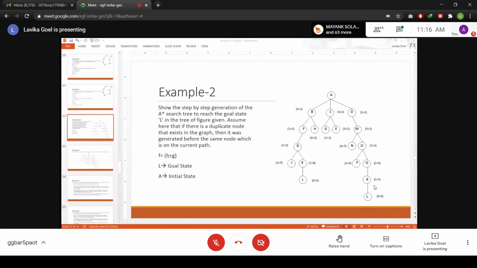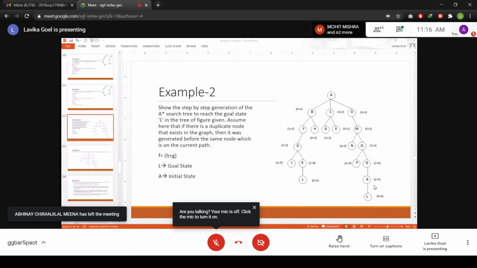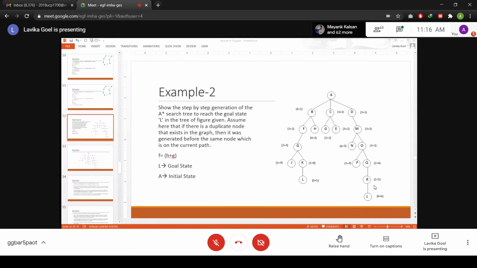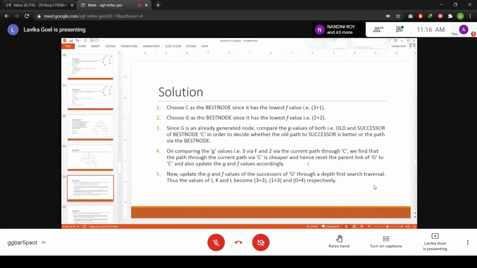Fine. So what you do is you reset the parent of G to C. Because the parent of G was initially F through the path ABFG, but now you are reaching G through C. So basically you will reset the parent of G to C and update the G and F values accordingly. So how will you update?